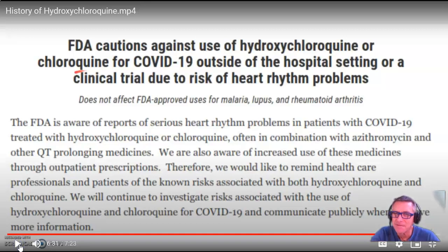They approved the emergency use, then all these further studies come out saying, maybe you shouldn't have done that. And so instead of rescinding it, they are going to put out a caution. Boy, I think that they should just rescind its use for COVID-19. Cautions against the use. Is that the same thing as saying it's no longer approved for emergency use? Right? Now, I think it's fine to say this is still fine for malaria, lupus, and arthritis, but